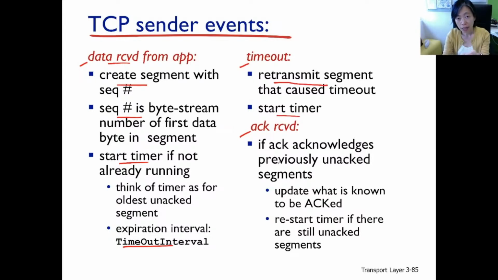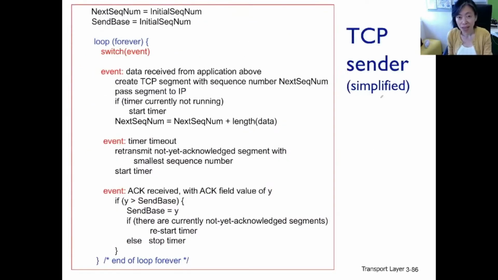Receiving an ACK, extract the ACK number. If the ACK number is new, meaning it's acknowledging something that has not yet been acknowledged previously, then update the send base. So we slide the window over. We restart the timer if there are still unacked packets waiting. Otherwise, stop the timer. Right? These are the only 3 events. If there are other events occurring not fitting any of these events, ignore. If you're not quite convinced, the previous slide is the pseudocode. This one should convince you.